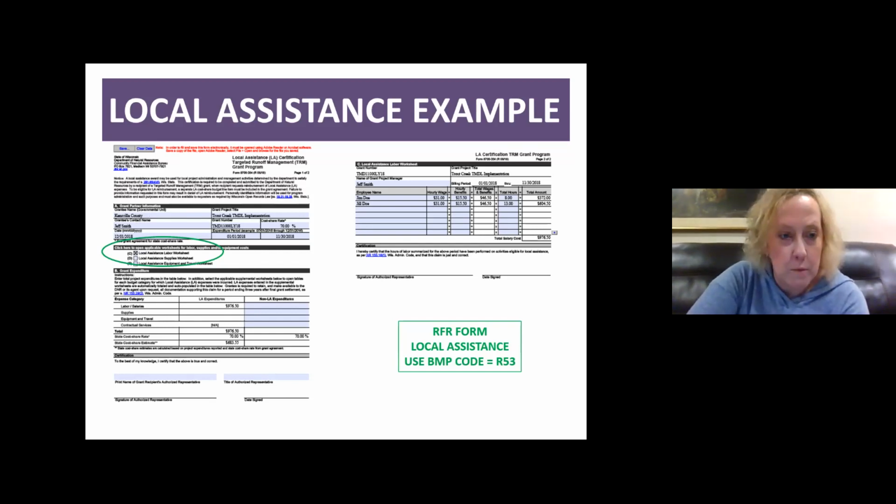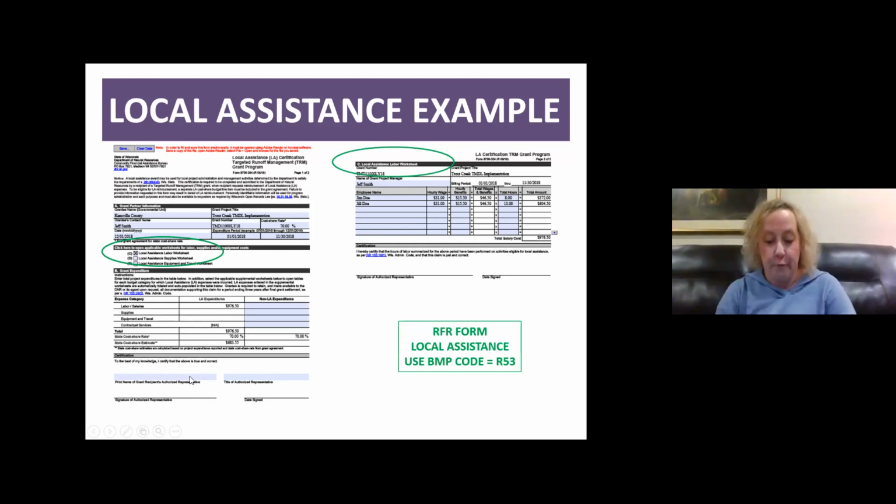So you're going to skip Part B, which is down here, the grant expenditures. You're going to fill out this over here, Part C, which again is that local assistance labor worksheet. Once you fill out Part C, Part B will essentially automatically populate with the applicable data that you put in Part C. And here too, this is another form where the authorized representative is going to need to sign the form, both on pages 1 and 2